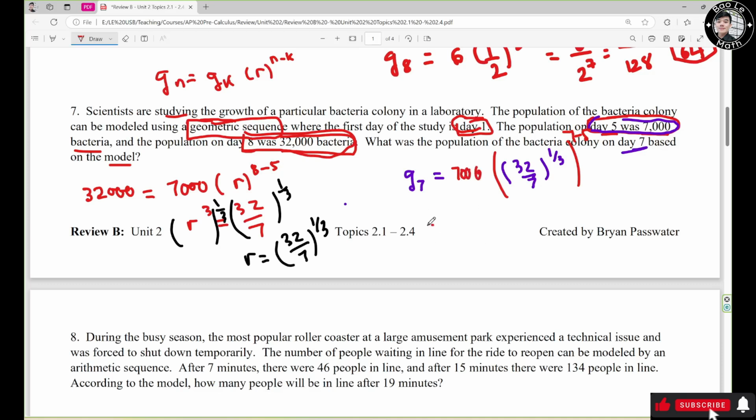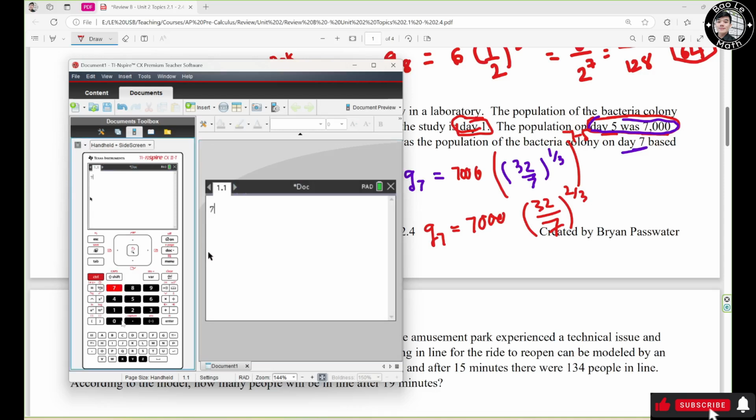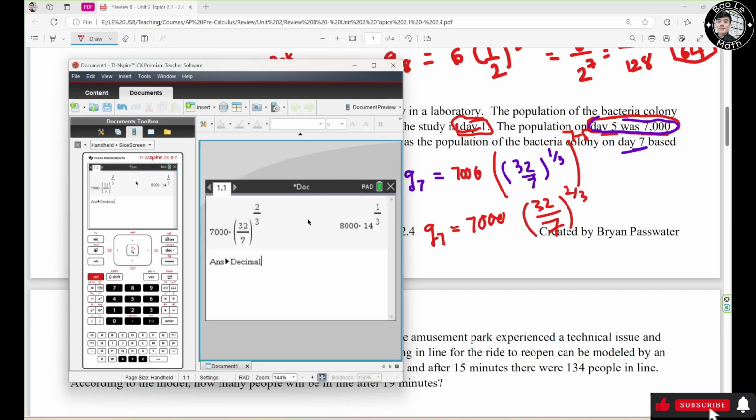Alright, so I simplify this one, so g sub 7 is going to be 7,000 times 32 over 7 raised to the third, right? Now I'm going to put this one on the calculator, right? So I hit the calculator here. It's going to be 7,000 times, and then the answer right here. Now you want to convert this one to decimal. You just hit menu right here, convert to decimal, hit enter. So the answer should be